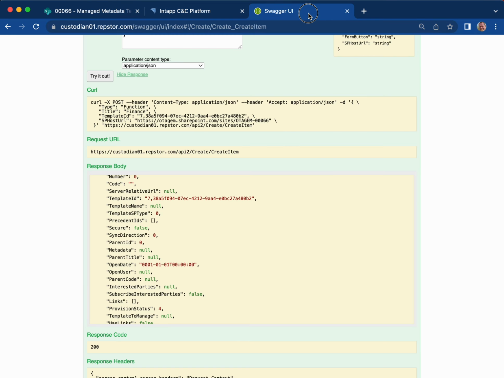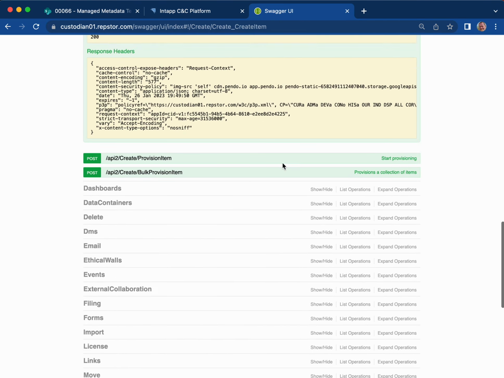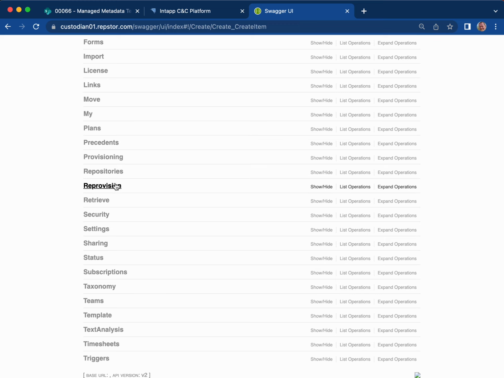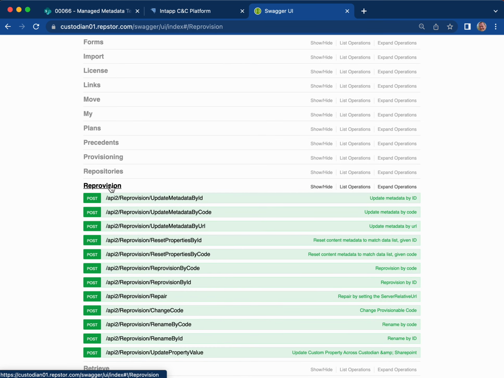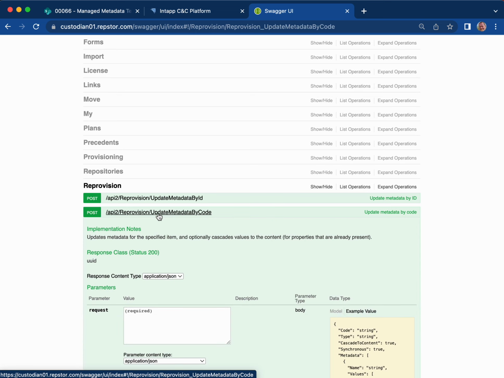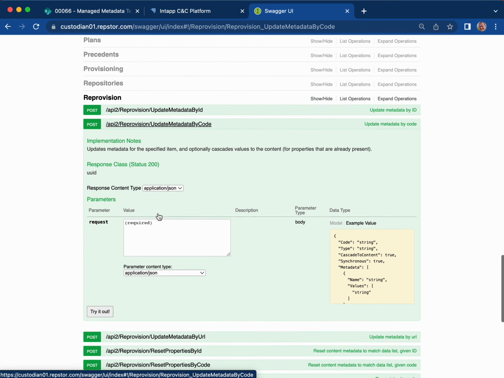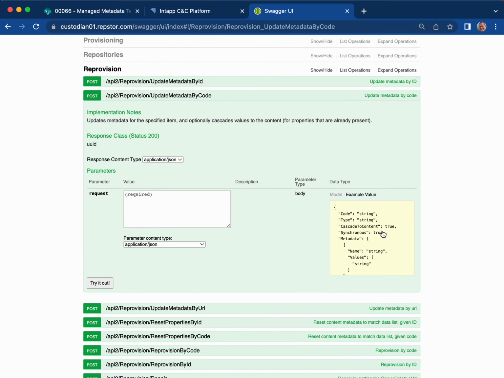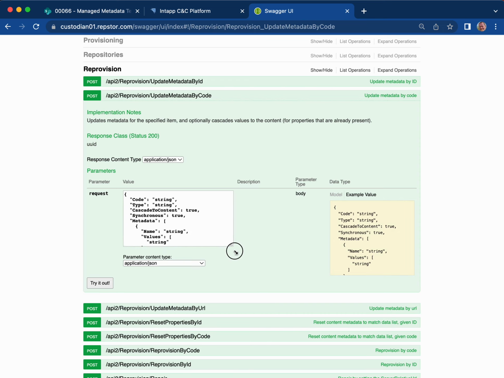Let's go back to our Swagger API, and this time scroll down to the re-provision section of the API. Re-provision is all to do with updating metadata, updating the provisioned objects, and so on. So there's a series of methods that are available here. The one that we want to use is this one called update metadata by code. Okay, so we click on update metadata by code, and as before, we have an example value here on the right hand side,